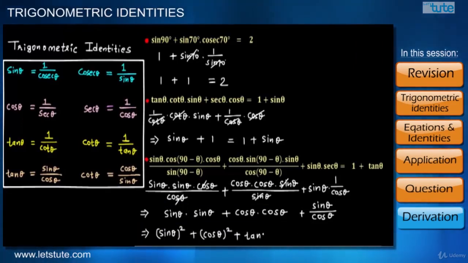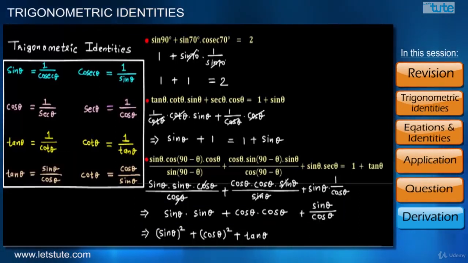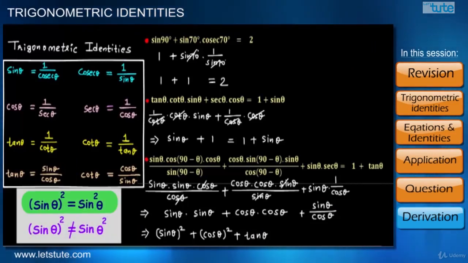And we know the identity sin upon cos is tan. One more very important point that we should know is sin theta the whole square is equal to sin square theta and not sin theta square. So by using this fact, we can again simplify this expression as sin square theta plus cos square theta plus